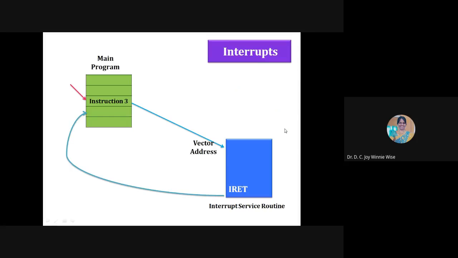Okay. So this is another diagram representing this. This is the main program. While we are executing instruction 3, we are getting an interrupt. So we are jumping to that interrupt service routine, and after executing this, on return, the control is transferred to the main program. So when we receive an interrupt, before transferring to this interrupt service routine, the program counter value and the value of all the registers must be pushed into the stack. Push it in the stack, and then only we can transfer to this subroutine.